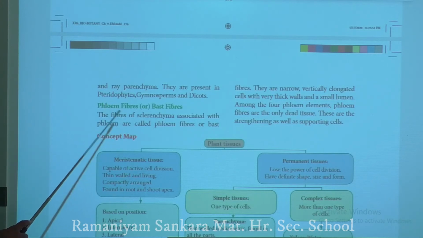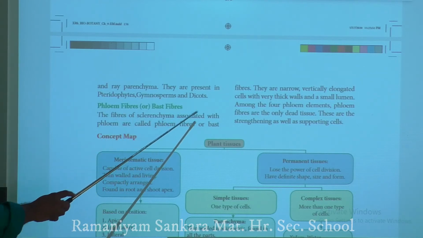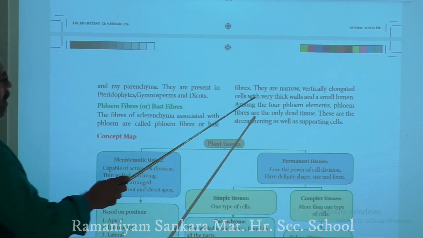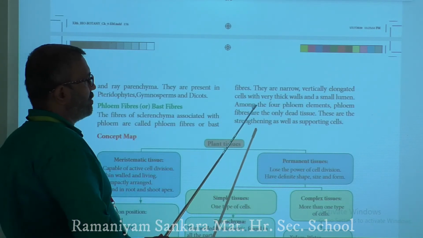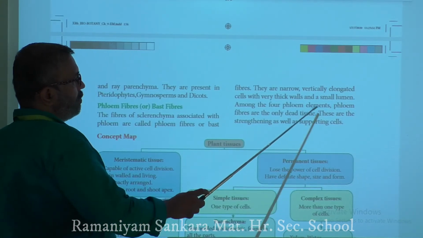dicots. Next one is phloem fibers, or bast fibers. These are sclerenchyma fibers associated with the phloem. So sclerenchyma associated with the phloem is called bast fibers or phloem fibers. They are narrow, vertically elongated cells which are thick-walled and small-lumened. Among the four phloem elements,